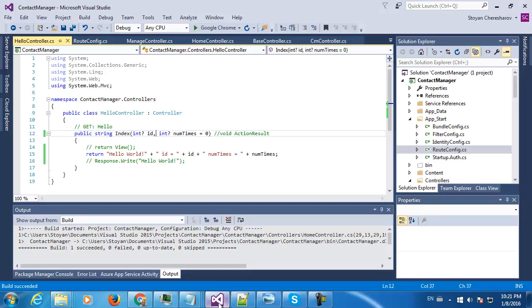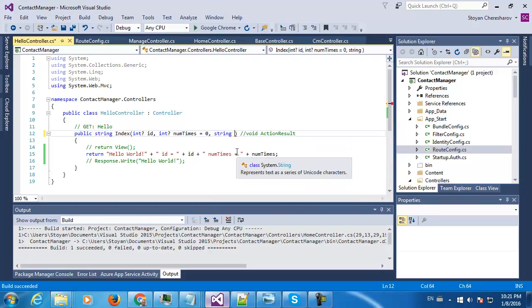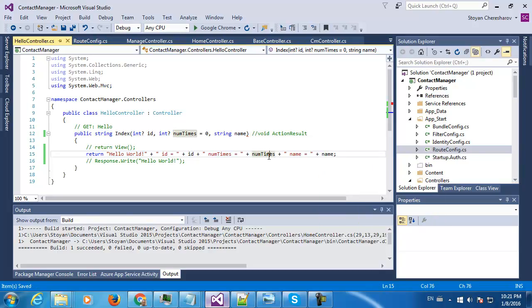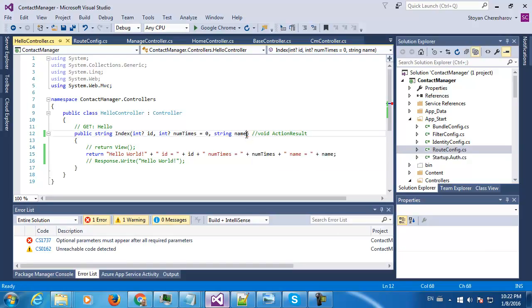Let me add something else also. Why don't we add a third parameter, which is string, for example. It is nullable anyway, so I don't have to explicitly put a question mark here. String is nullable. This is a parameter called name, and I will put here name equals plus name. Voila, Control Shift B, build, and of course I get an error because this is an optional parameter, and